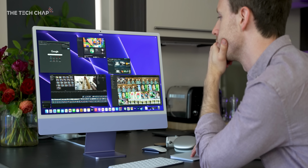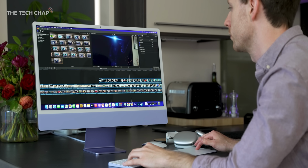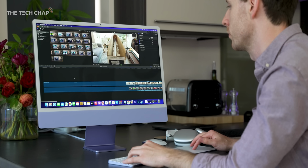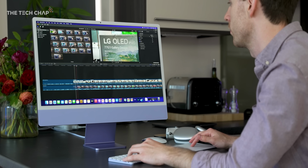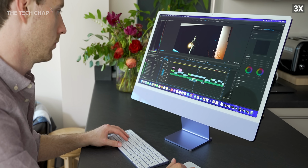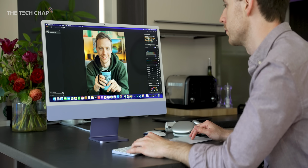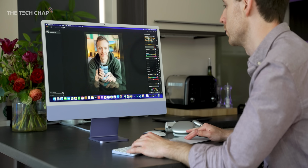Final Cut Pro just breezes through multiple 4K streams in a project. It'll even handle 8K. I do find I still have to use proxies to get a smooth timeline in Premiere Pro with my 10-bit 4K footage, but then again, I have to do the same thing on my top-of-the-line gaming PC as well. So obviously you'll get the best experience with Apple's own suite of apps, and also those that have been fully optimized for the M1, aka universal apps, like Chrome, Photoshop, Affinity Designer, and a whole bunch of